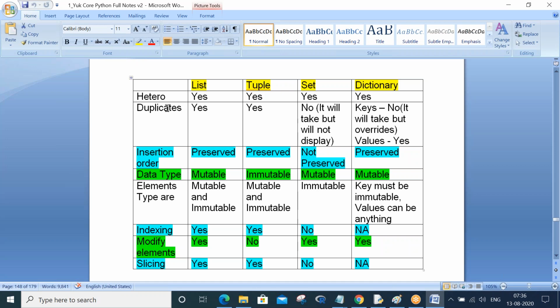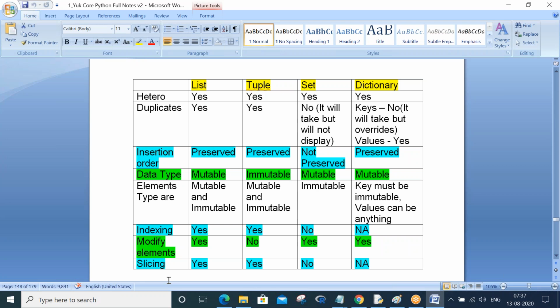On the left side you see the features: hetero, duplicates, insertion order, data types, element types, indexing, modifying elements, and slicing. These are all important features of every collection that you have to know at any given point in time. You should be able to answer them. First let us talk about list and explore each property.